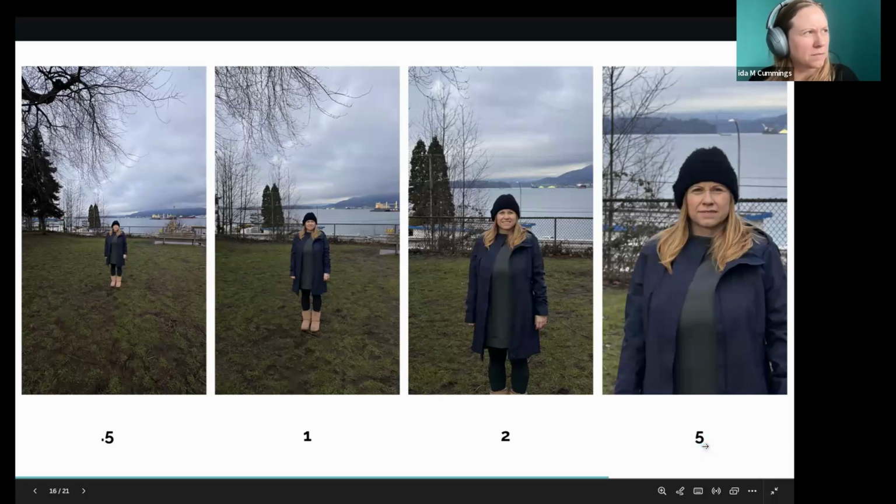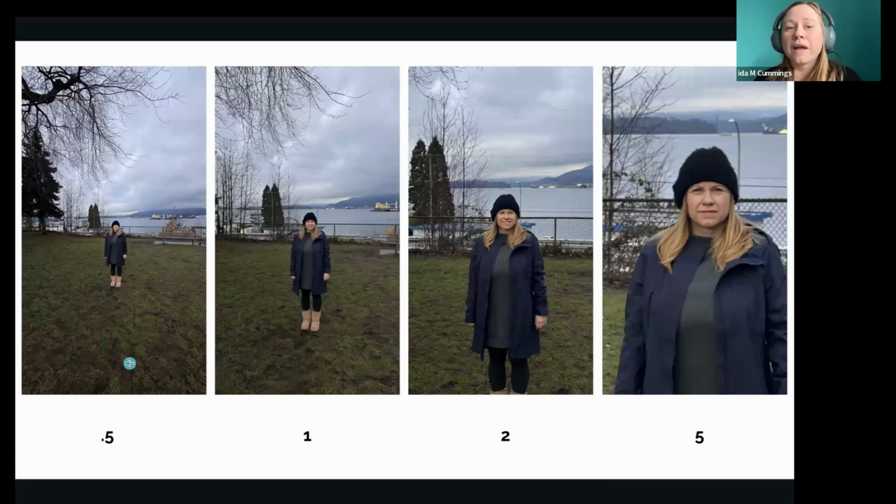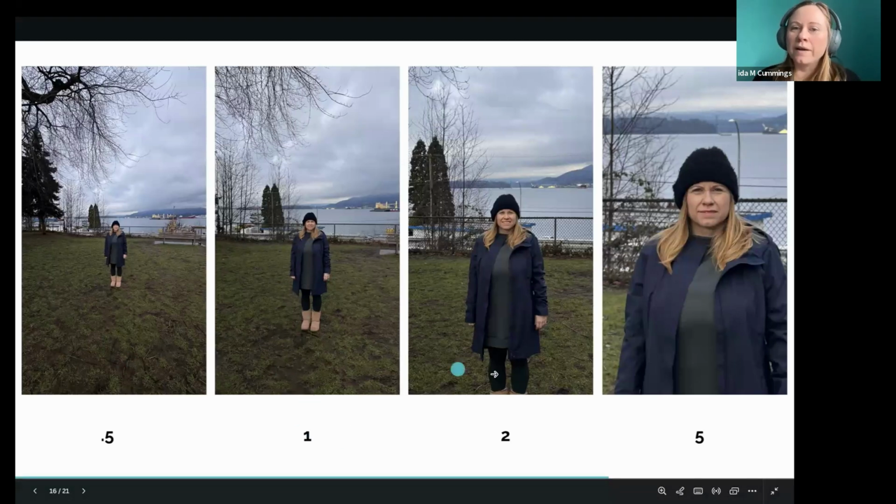Yeah, the 15 plus goes to the 5. But so you can see the wide one is 0.5, so that would be great for a wider shot of everything. You start to zoom in with 1. With 2, you zoom in a little bit more as well. And then with 5, you'll see the background comes really close.